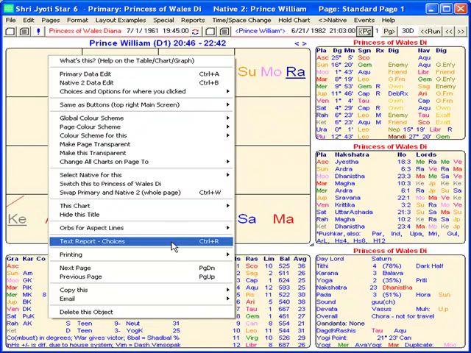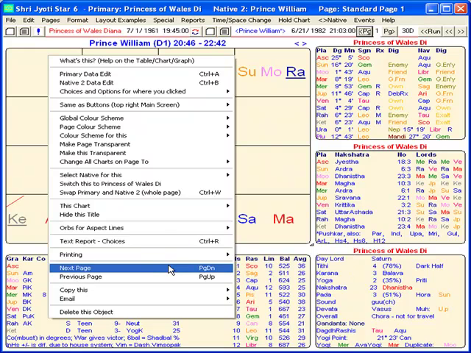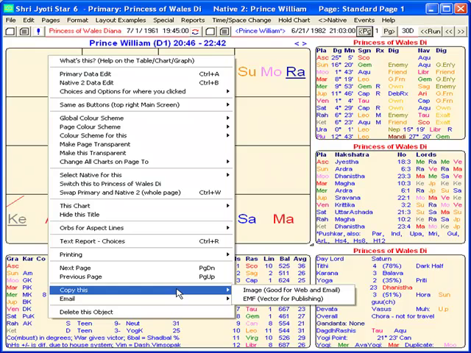Pop-ups, one of the reports. This is various things about printing, and this includes, we can change the margins. We can switch between pages, layout pages. Now this is very handy, you can copy something. So you right-click on a chart, and you can copy it as a bitmap, or you can copy it as